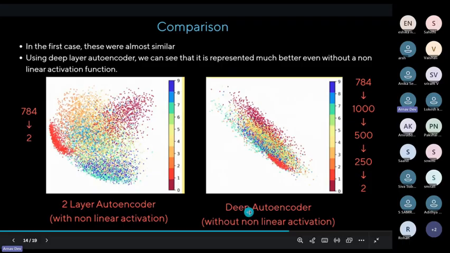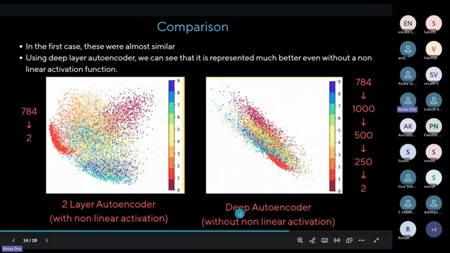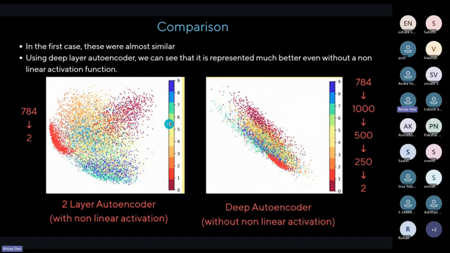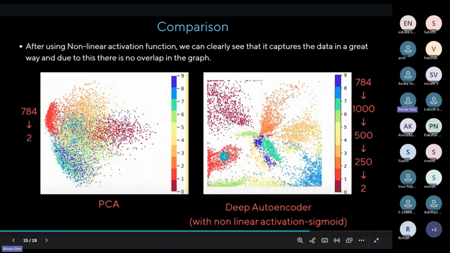In this case, with the deep autoencoder, they're not widely spread, but they overlap one another. Here you can see the clusters were separate enough, but in this way you can see patches overlapped over one another. So this is the deep autoencoder. We can see that this is much better than this, or even more, both represent the data in different ways. So if we introduce a deep autoencoder and introduce a non-linearity into it,